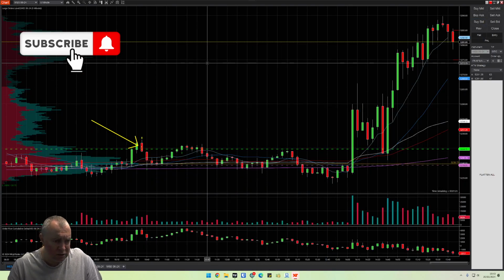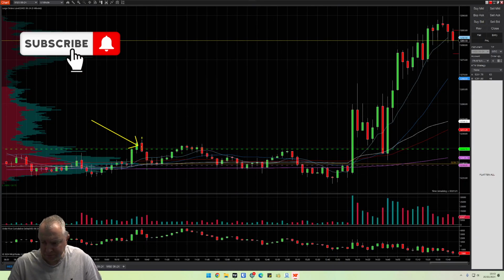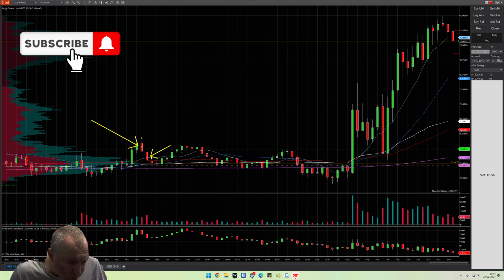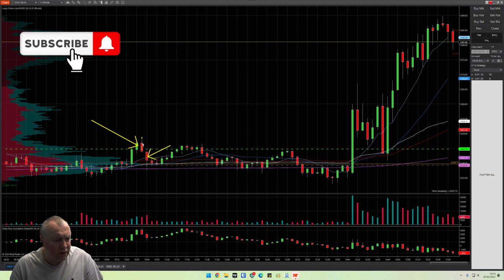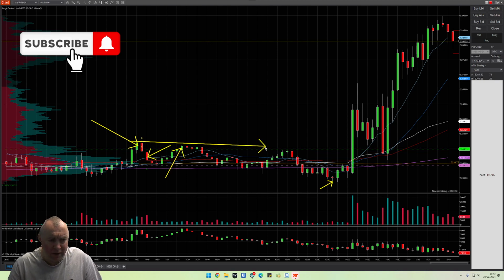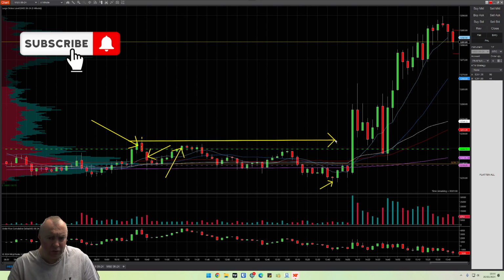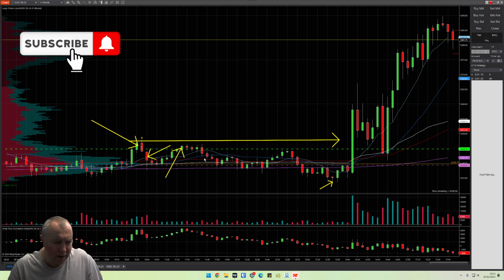So going back to this chart, I went short there. I think I got out at that point there. That was my 3R target, and then it came back, and I stopped myself out at break even just there, and it would have gone to 5R. I could have got 5R out of it. My stop was always above that area there, so it would have never, ignore the arrow, it would have never stopped me out. But